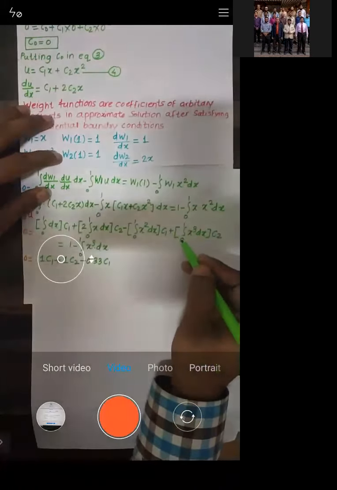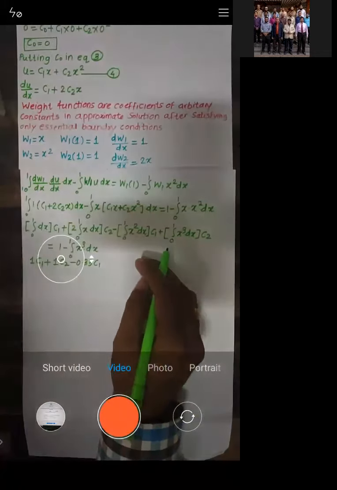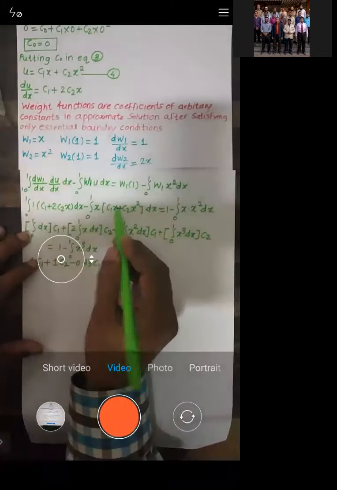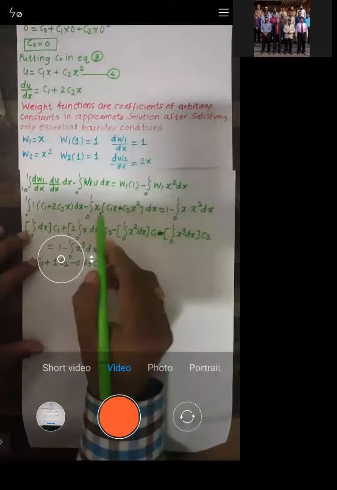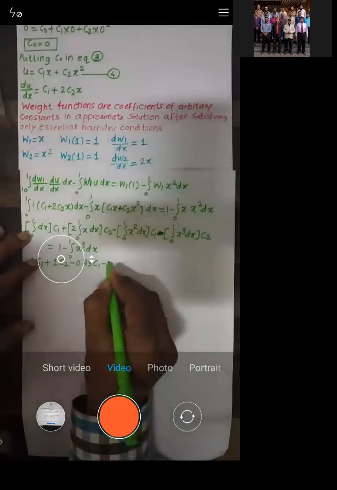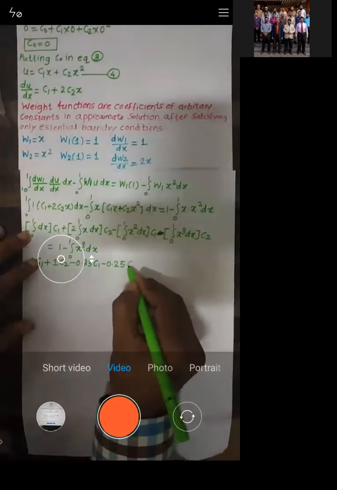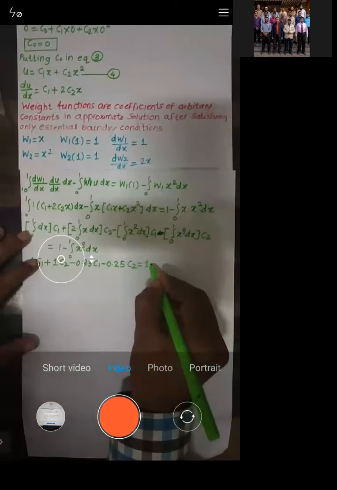Since this is minus and this is again minus, I will write this down as minus 0.25 c2, is equal to 1 minus